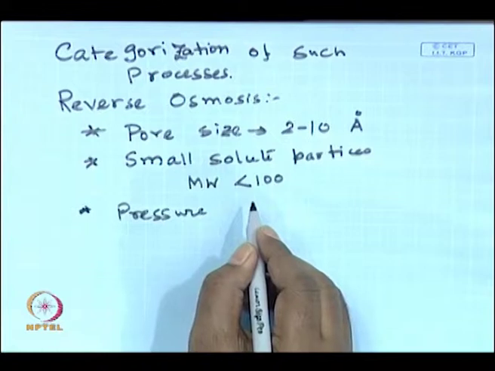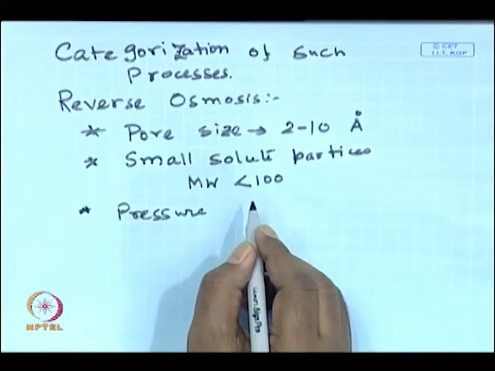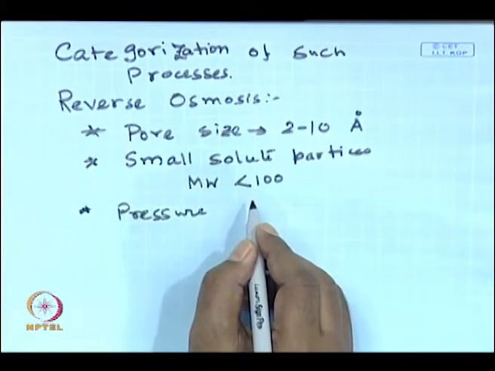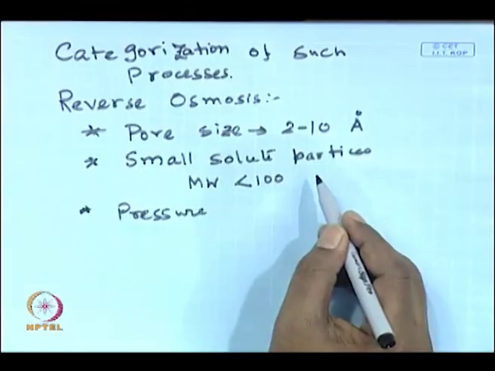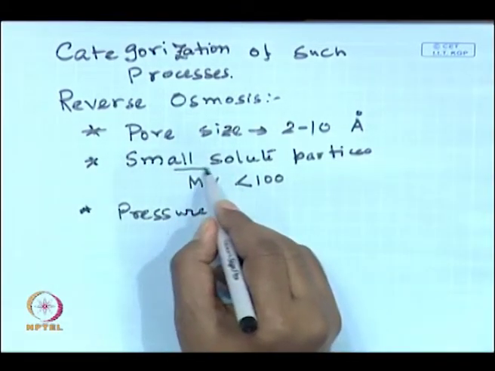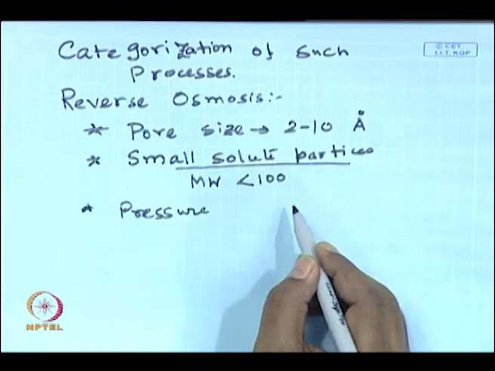And I will talk about it later on, the osmotic pressure has two characteristics. It is directly proportional to the concentration, that's why it is known as the colligative property. It is inversely proportional to the molecular weight. So therefore, if you encounter a solute which has a very low molecular weight, its osmotic pressure becomes very high. For higher molecular solutes, the osmotic pressure becomes low and it is not very important. So here, because of that particular property, since we are talking about small sized solute particles, the osmotic pressure